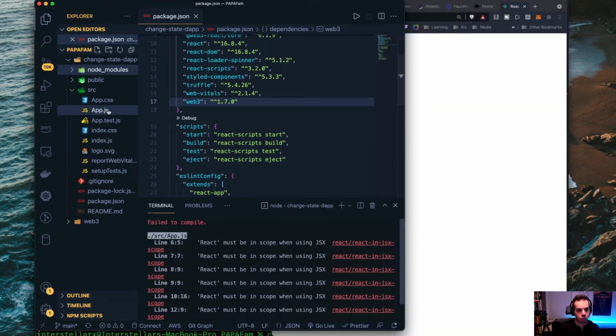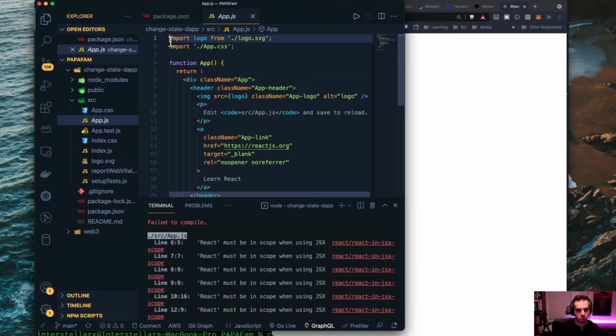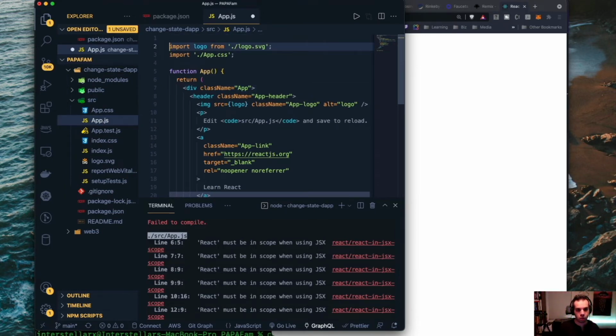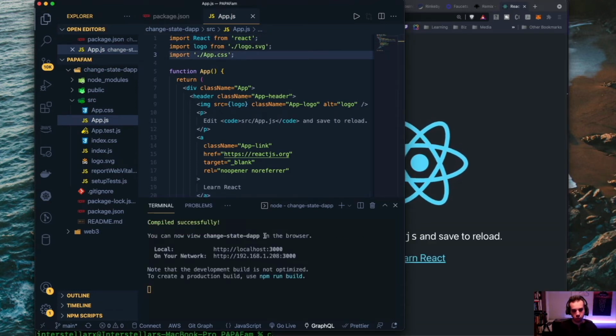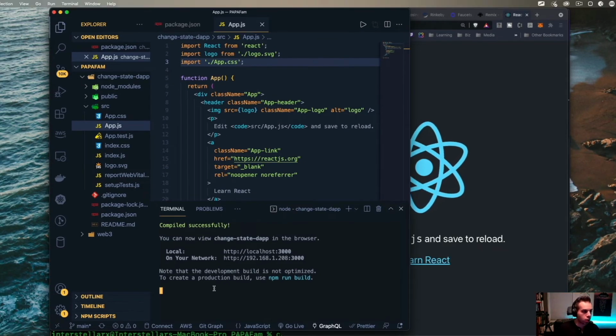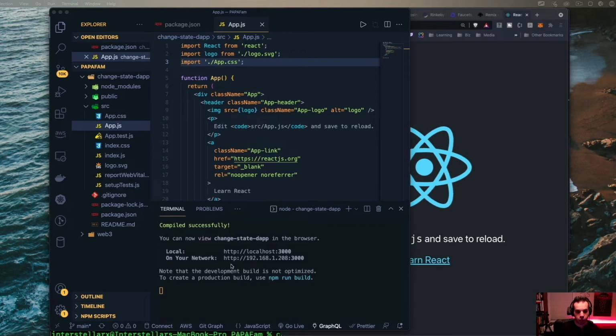And there might be an issue with the App.js. So what we'll do is import React from React at the top, and then that should get rid of that issue. So this is just going back to a previous version, and now we get our output here, and we don't have all of that logged output. So just in case, that's a little bit of a hack in case you ever get that output and you're wondering why, it's just the new version of React. So now we are going to start building our application.